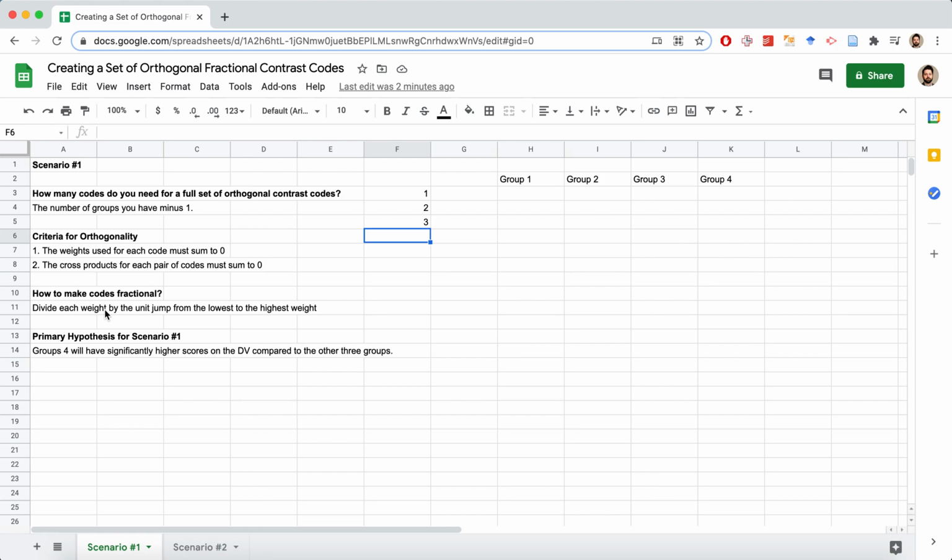Okay, so this is scenario 1. I'm actually going to demonstrate 2 different scenarios. In the next video, I'll do scenario 2. These scenarios are only differentiated by the primary hypothesis that's being tested. Like I said in the first video, orthogonal contrast codes are nice because they allow you to test your specific research question immediately. Rather than trying to run this 2-step ANOVA process where you check to see if the omnibus test is significant and then go in and do post hoc tests, this will allow us to test our